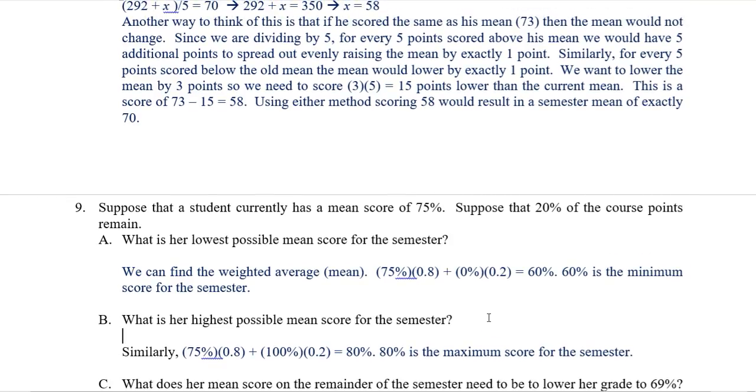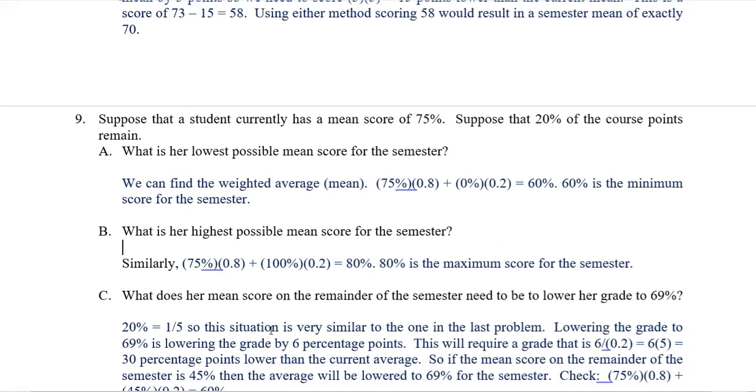So if she wanted to lower her grade, well, she doesn't want to lower her grade to 69%, but she's afraid that might happen, let's say, and so she said, well, what do I have to do to keep it at least above a 69? So what's the cutoff there? Well,